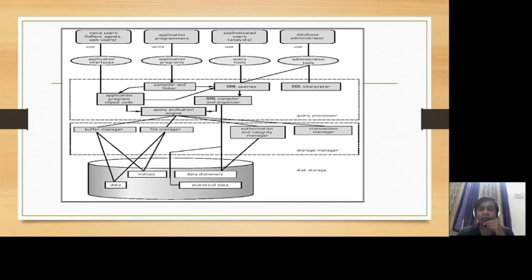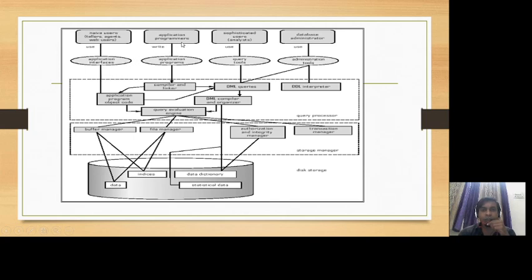In this diagram, we can see the storage manager here, and above that the query processor. So let's check one by one. The topmost layer is nothing but the view layer of any database management system. Here is the naive user. Generally, naive users are users who interact with our application without knowing the application details. Here the naive user, that is the ATM user or normal web user, uses our application by means of an application interface.